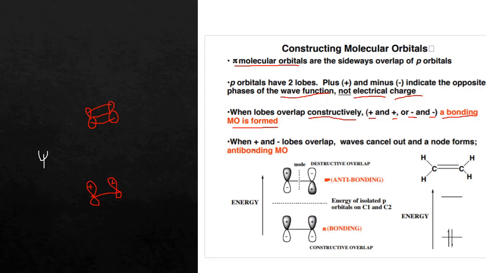Now when positive and negative lobes overlap, the waves cancel out each other and nodes are formed, and hence we call the orbital an anti-bonding molecular orbital. Now here in this diagram we have the molecular orbitals of ethylene. When we say the bonding and anti-bonding molecular orbitals of ethylene, you can see each of this carbon